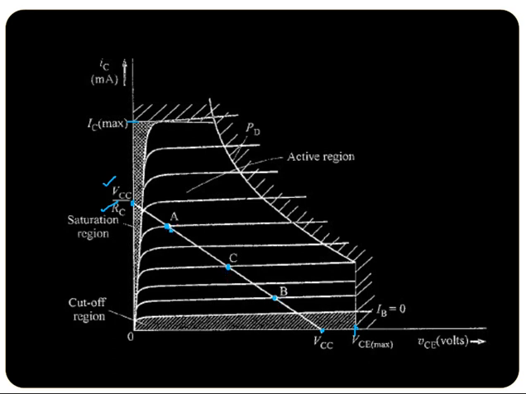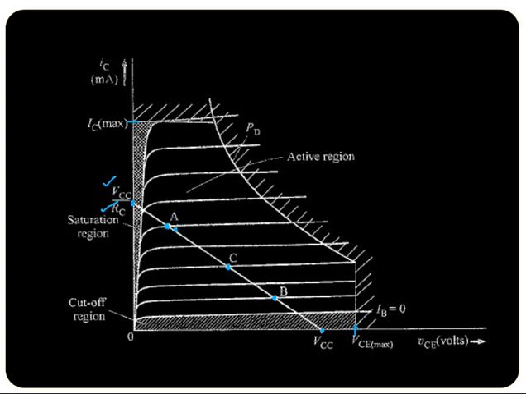Now we are going to consider the operation of the transistor common emitter amplifier circuit with respect to these operating points A, B and C. Please note that A is located near the saturation region, B is located near the cutoff region, and C is located at the center of the active region. These points A, B, C are the operating points under quiescent condition, when no input signal is provided.